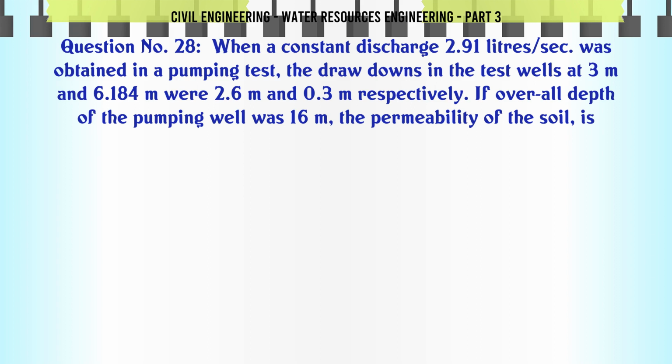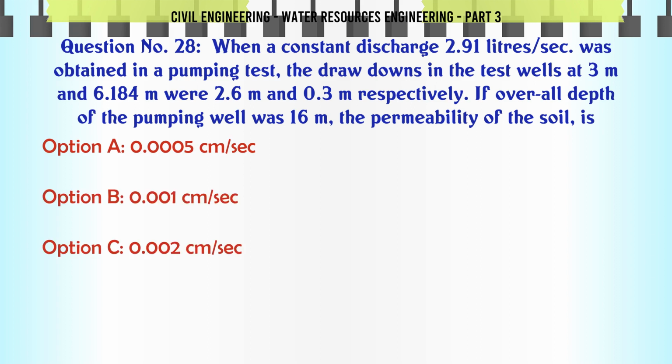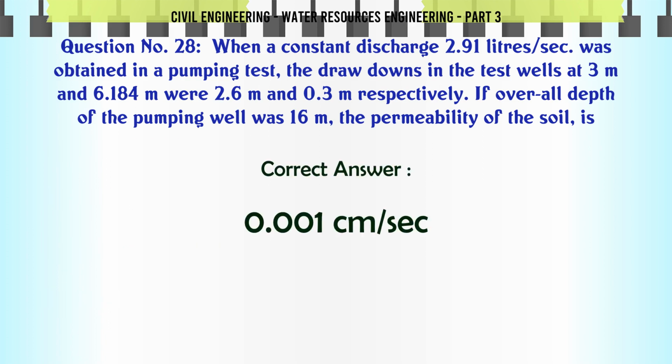When a constant discharge of 2.91 liters per sec was obtained in a pumping test, the drawdowns in the test wells at 3 m and 6.184 m were 2.6 m and 0.3 m respectively. If overall depth of the pumping well was 16 m, the permeability of the soil is A. 0.0005 cm/sec. B. 0.001 cm/sec. C. 0.002 cm/sec. D. 0.01 cm/sec. The correct answer is